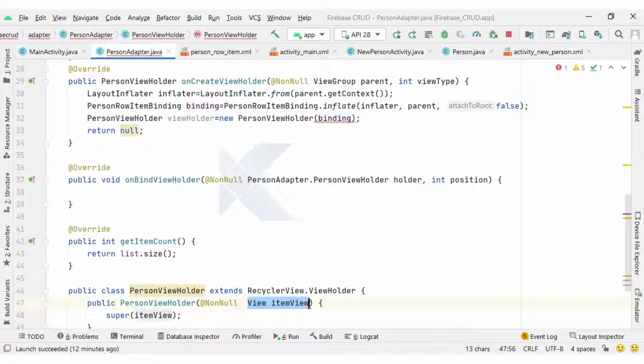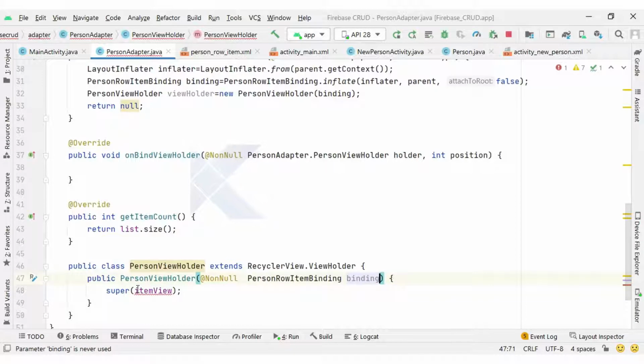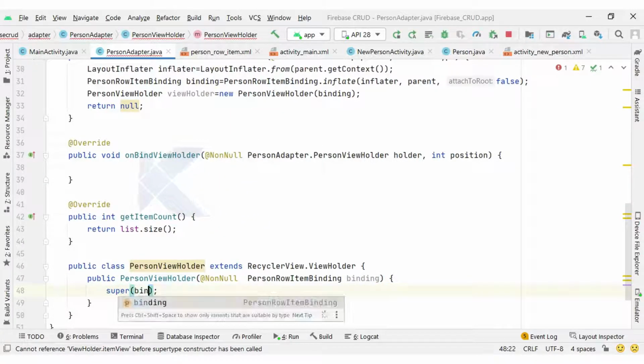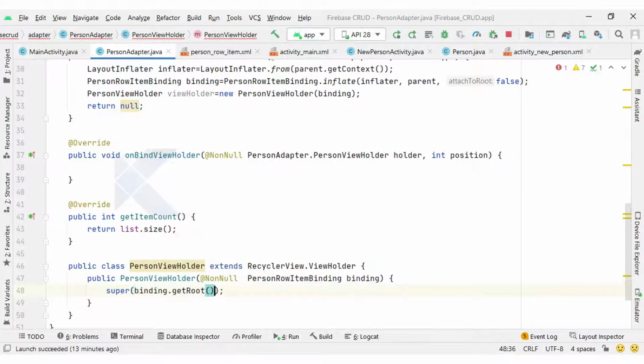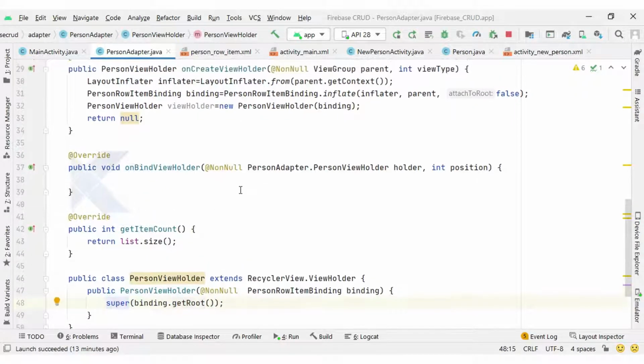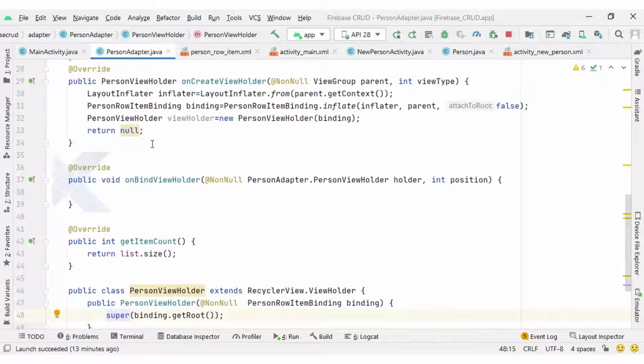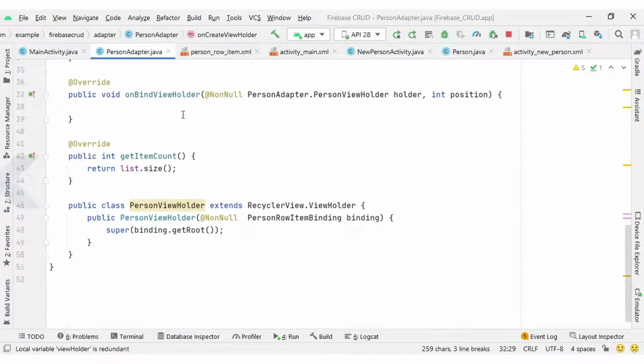So I just change the argument, but here we need to pass the view only to the superclass. So binding.getRoot you can type, and it will return the view which we are passing to the superclass. So that is how you can make the changes. And the view holder instance we have ready with onCreateViewHolder, so we can return the view holder here. So onCreateViewHolder is done.